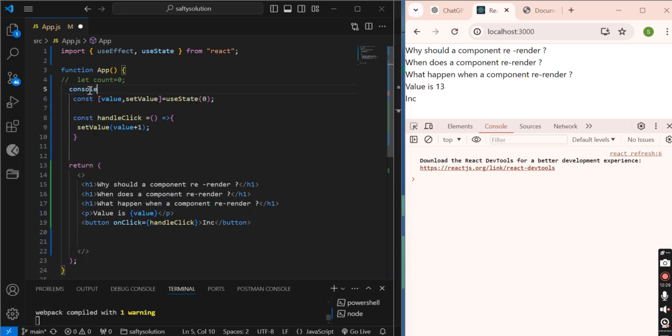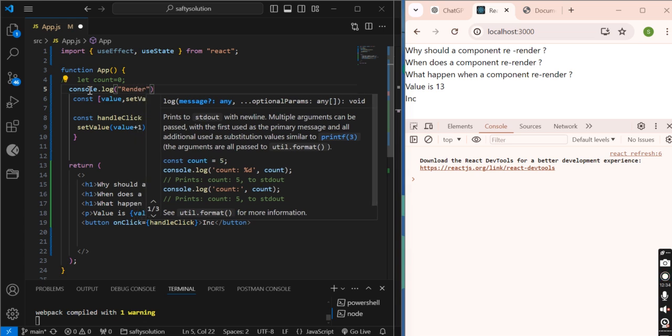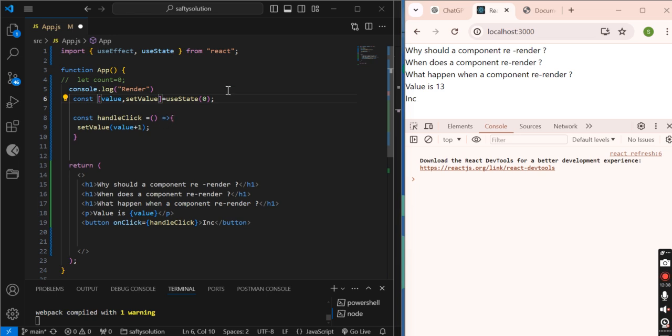For that, let me add a console log for render. See, this one is a special variable which is known as state.